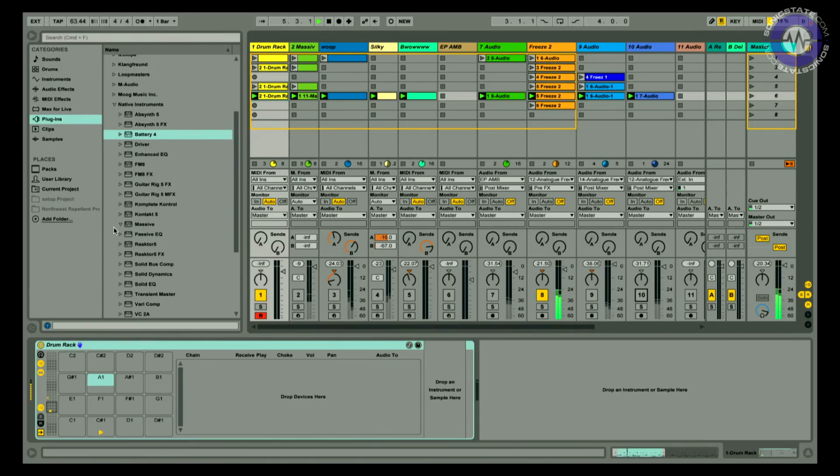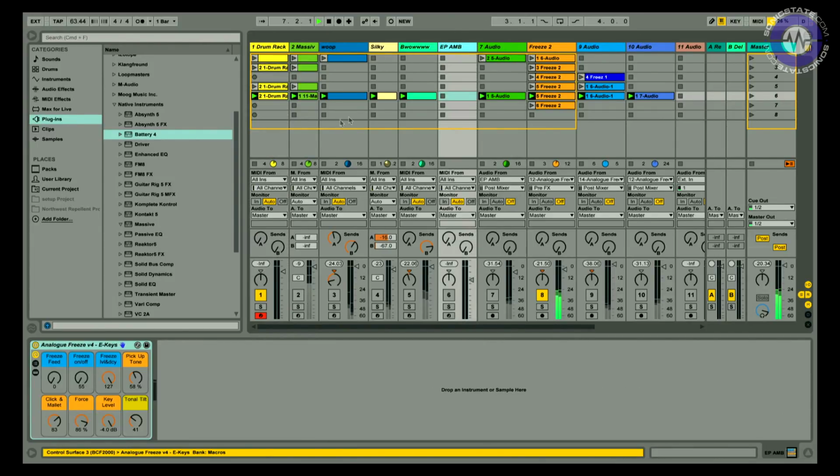I wanted to share something with you that I found out while I was sort of noodling. I've got this track here in Ableton Live that I was trying to demo a couple of things with, and the first thing I wanted to look at was this little freeze rack that we're working on, which will be available at some point soon. And basically what it allows me to do is